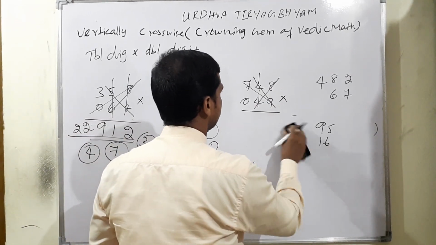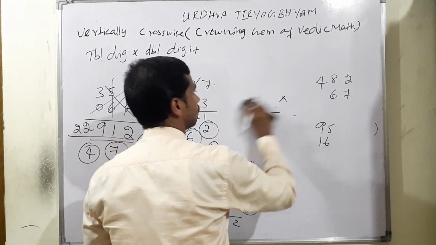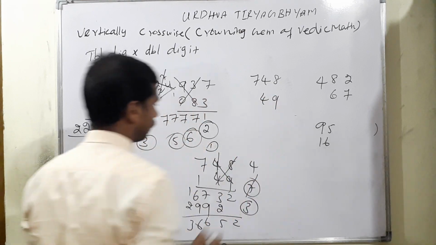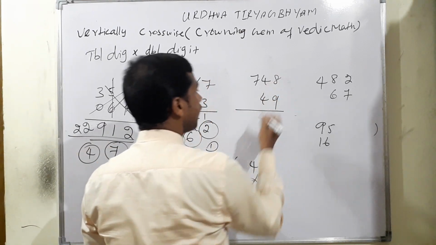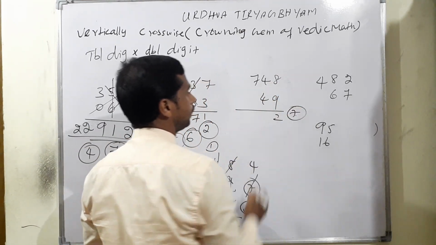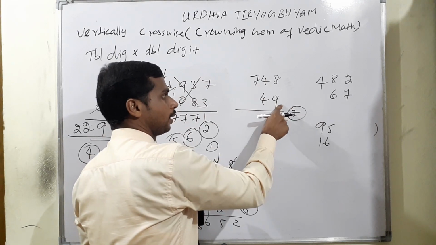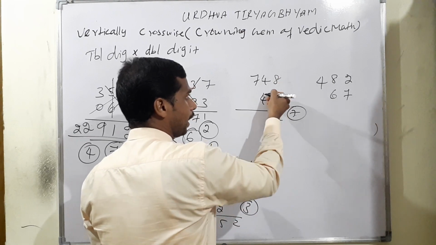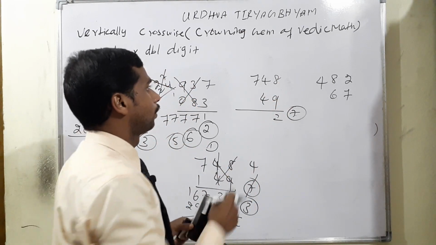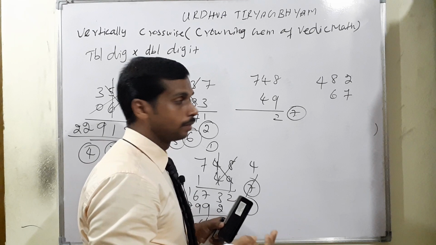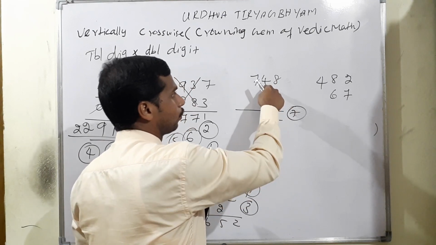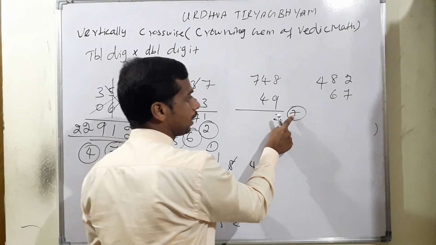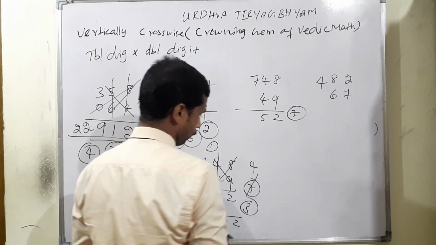Listen. The number 748, isn't it? 748 into 49. Now 9 8s are 72. True and carry 7 is there. So 9 4s are 36, isn't it? Again 8 4s are 32. Therefore 36 plus 32. Yeah, here mistake I think. 9 4s are 36 and 32. Definitely value will be 68. So 68 plus 7 is equal to 75. Now 5. Yeah, it's correct.